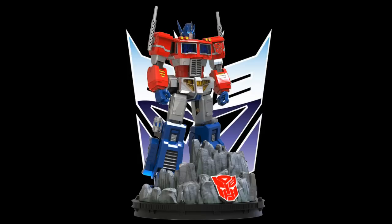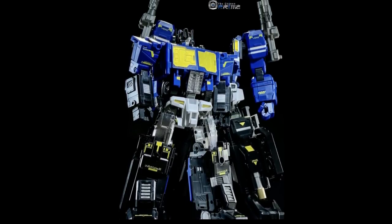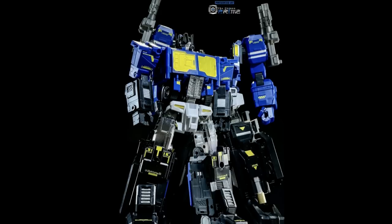You have to put it together. So, $400 model kit, pretty impressive. Alright, so we got pictures of a TFCon Chicago 2022 exclusive, the Fans Hobby